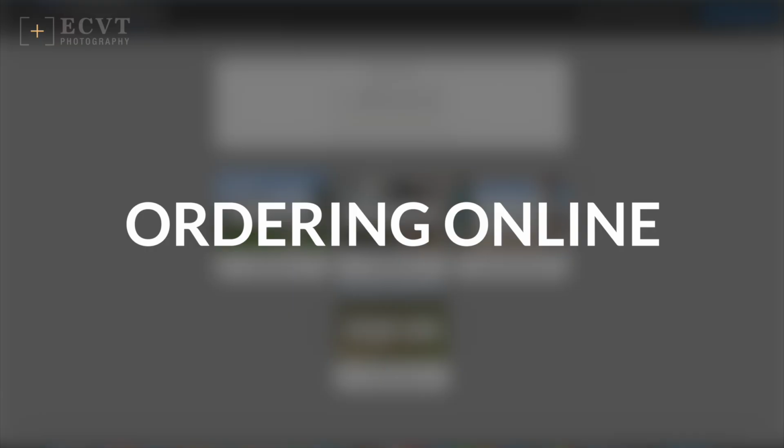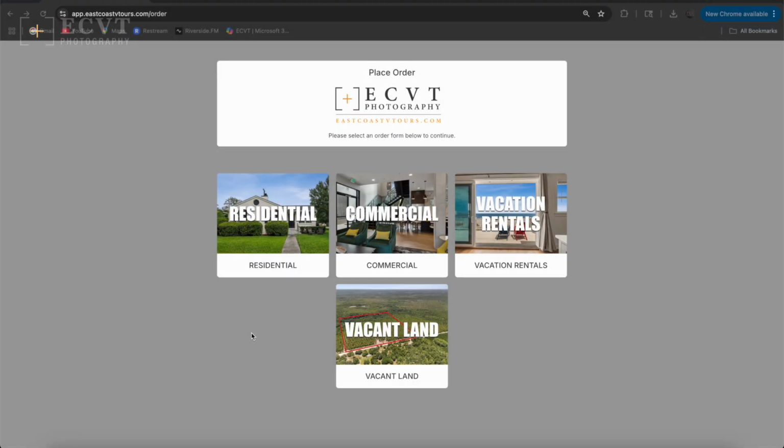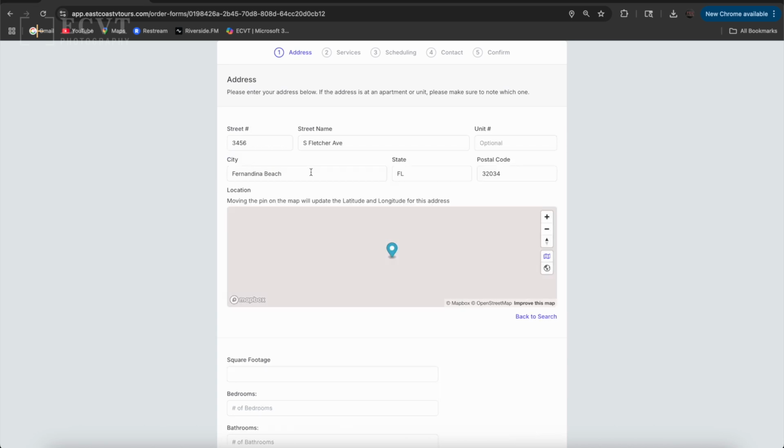Now let's walk through how to place an online order for your real estate media. When you follow the ordering link, you'll land on this screen where you'll choose the category of your listing. For this walkthrough, we'll use residential. Enter the property address,